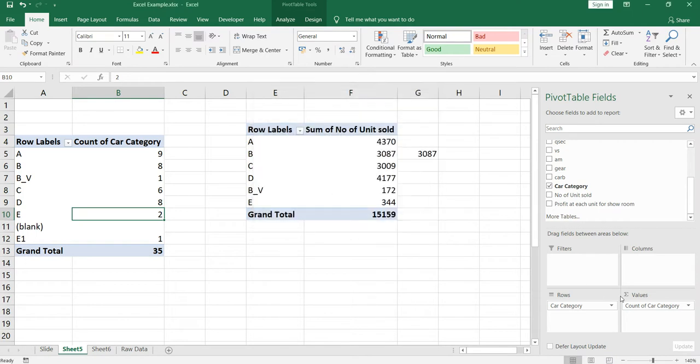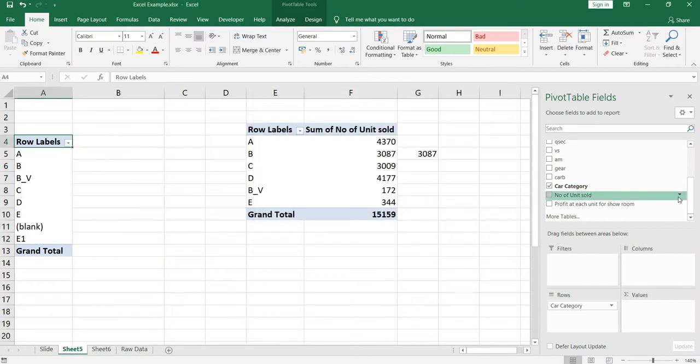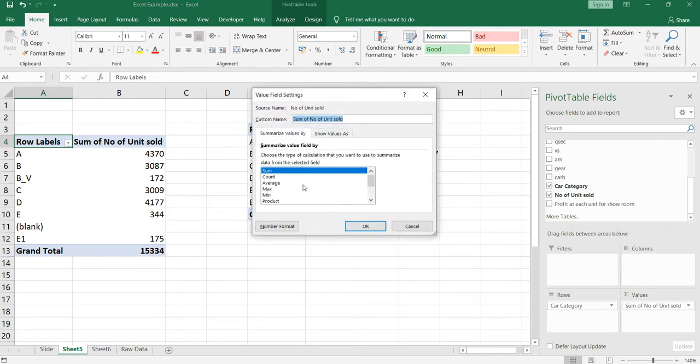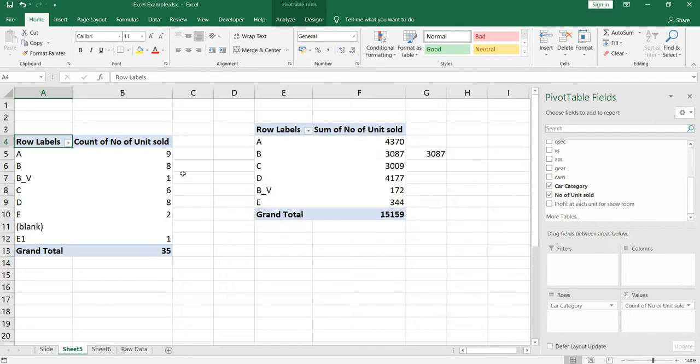For example, let's take number of units sold only. Now if I want to count, I know that my number of units sold is not blank, so I can take count. It will show me the same count which was showing earlier. You can see here category A has value 9, count of units sold.